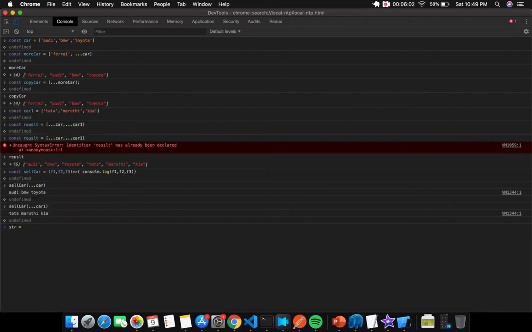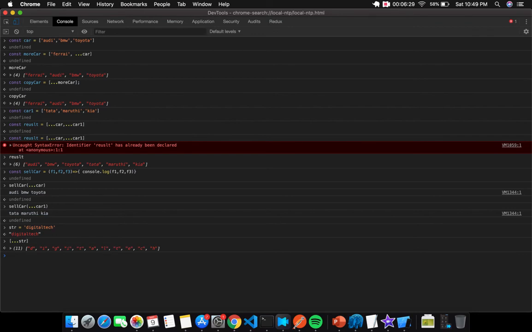I am saying str equals "digital tech". I'm just going to convert this string into an array, so I just use spread str. This will convert that into an array. So this is how it works.